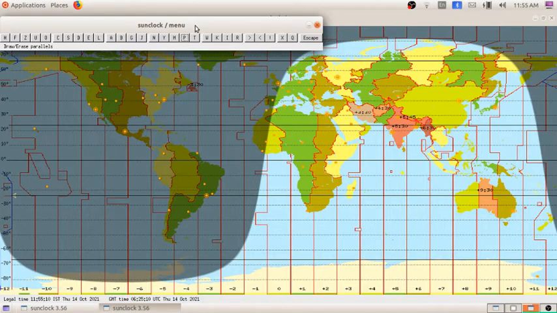When I click on the option P, you can see all latitudinal lines and the time also. This is the 0 degree equator. Here at about 21-22 degrees is the Tropic of Cancer, and here between 20 and 30 you can see the Tropic of Capricorn.